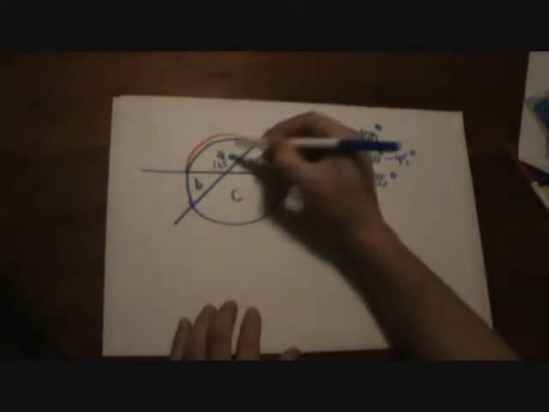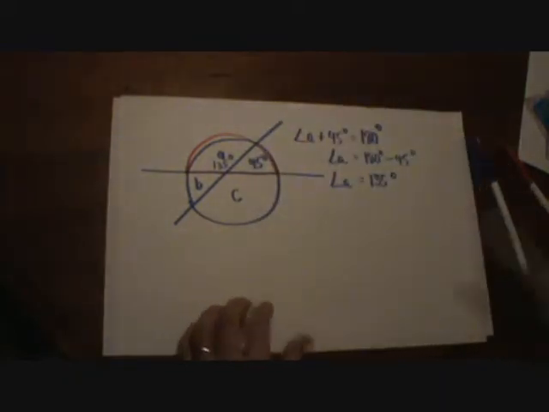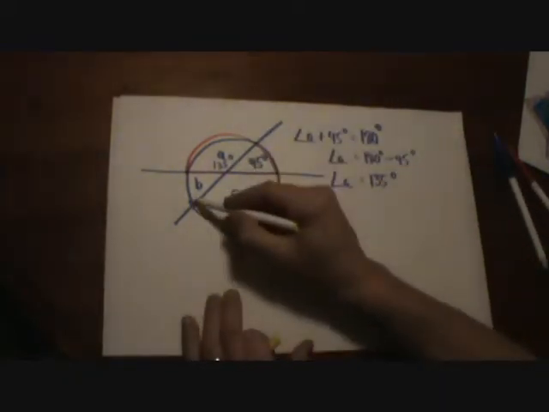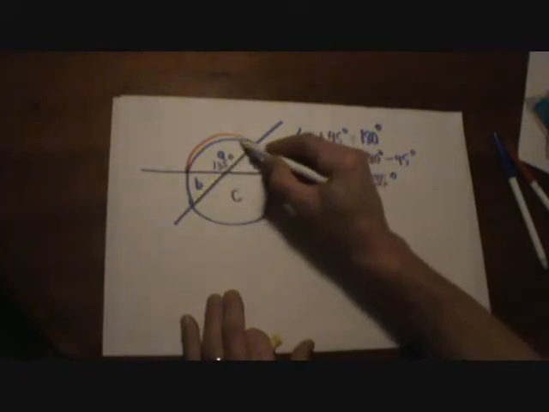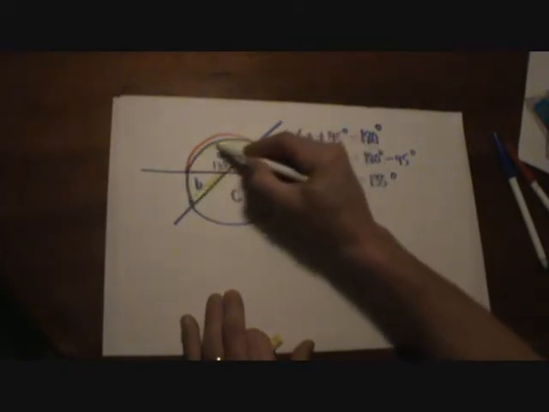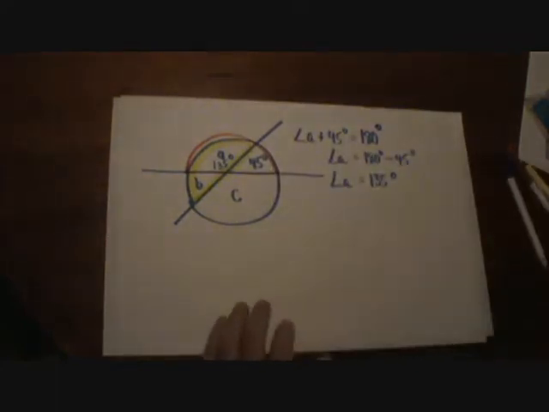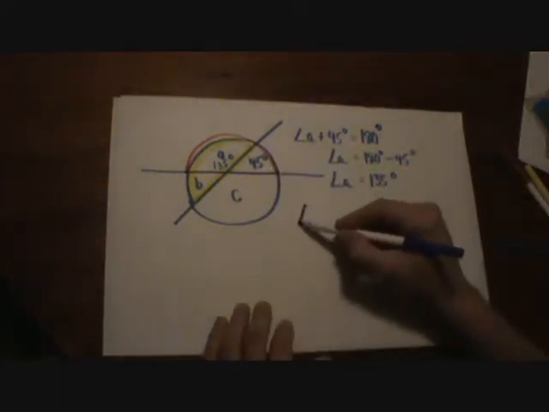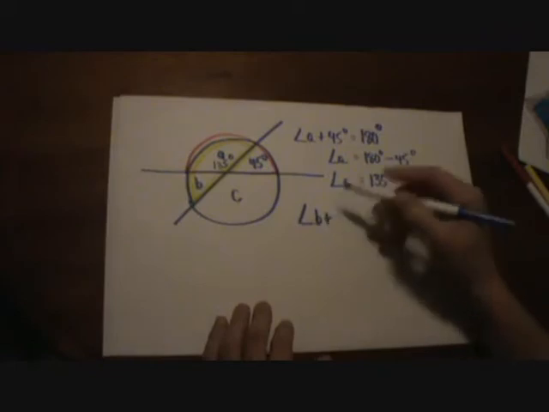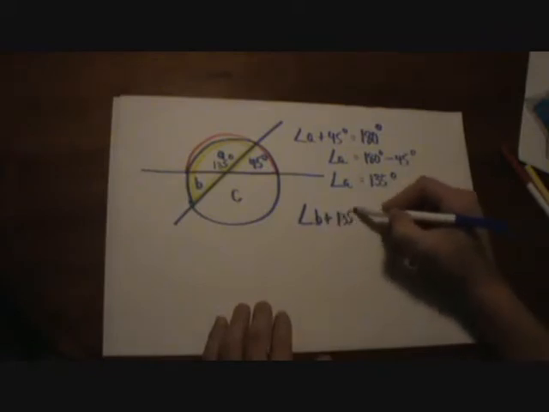Now that I figured that out, I need to look for another half circle somewhere. Let me outline another half circle. In this case, I have 180 degrees when I take angle B and add it to angle A. Since I already know that angle A is 135 degrees, angle B plus that 135 is going to have to